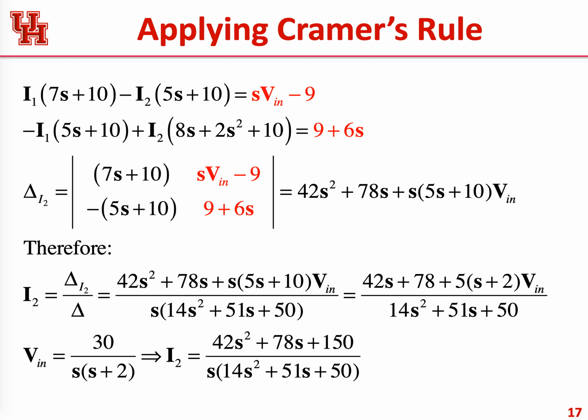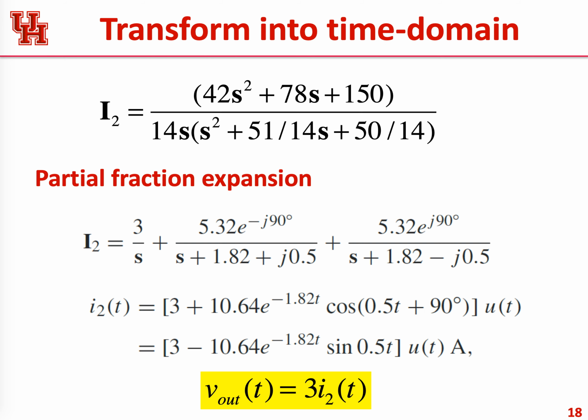So this is going to be a final answer for the current I2. And then if we do the partial fraction on that, this gives me a pole that looks like 1 over s times some constant. And this is going to give me a pair of poles, and the roots of this equation turn out to be minus 1.82 plus or